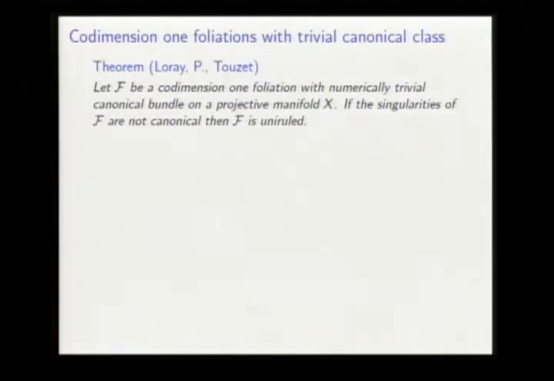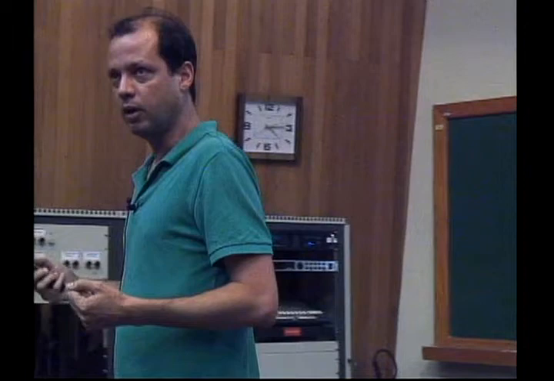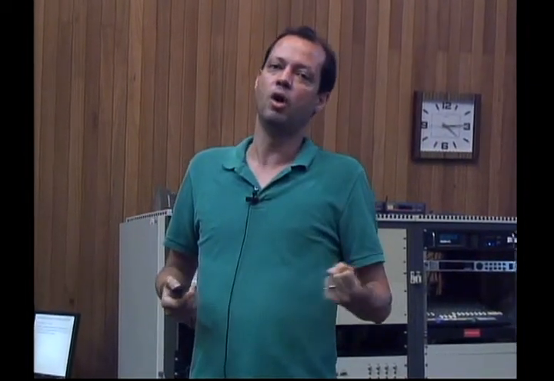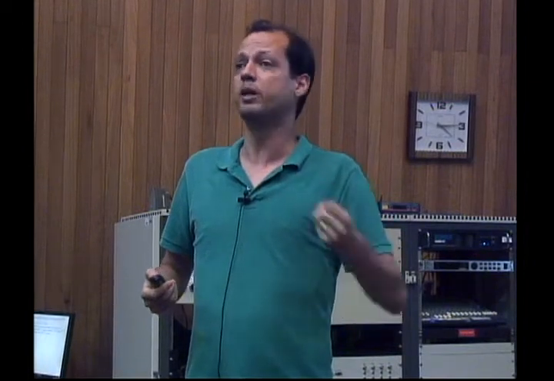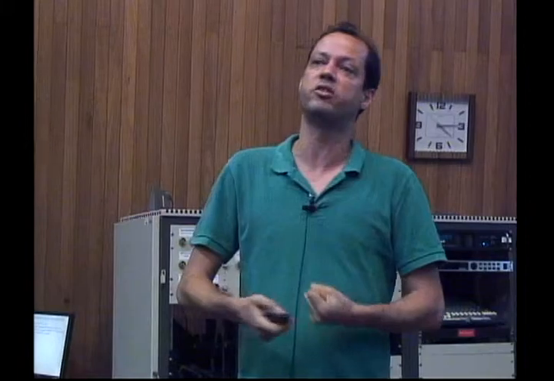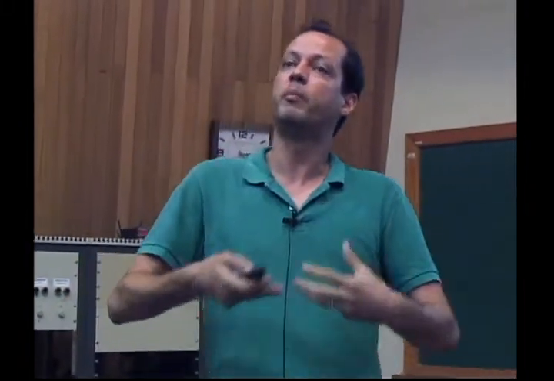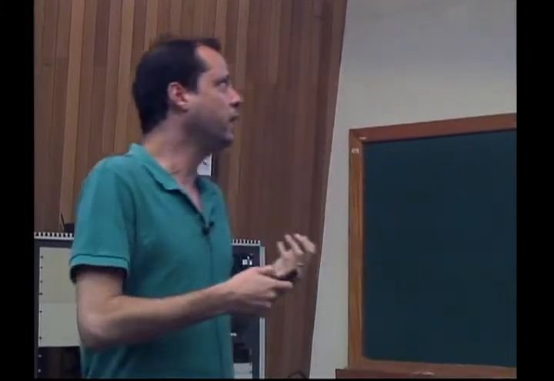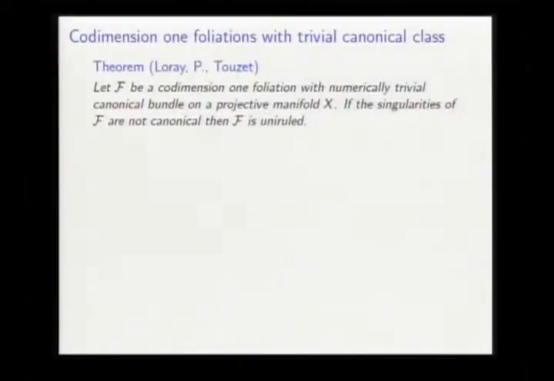Already in the case of varieties, if you have arbitrarily bad singularities, it's not very clear birationally what the condition K_F numerically trivial means. So you have to look for a functorial definition of what good singularities are, and Mori theory provides that. This is canonical. This is the kind of singularities that you have to allow to have birational invariance of plurigenera, and once you impose that everything is fine.